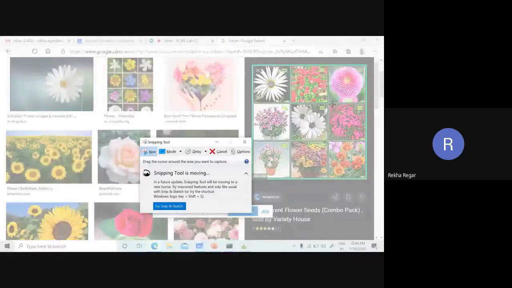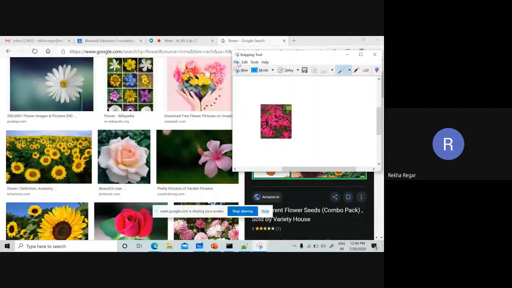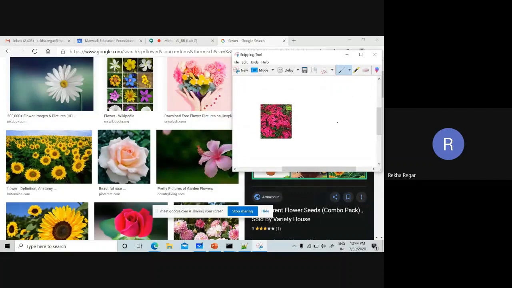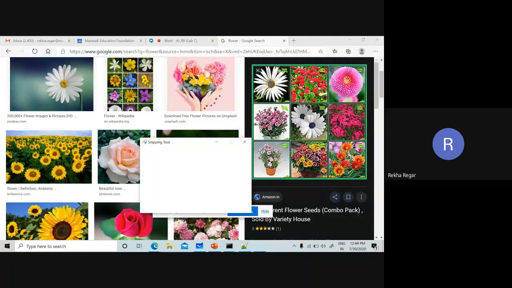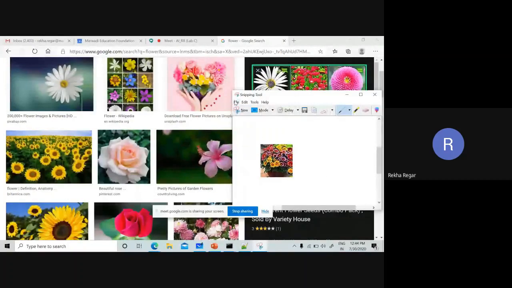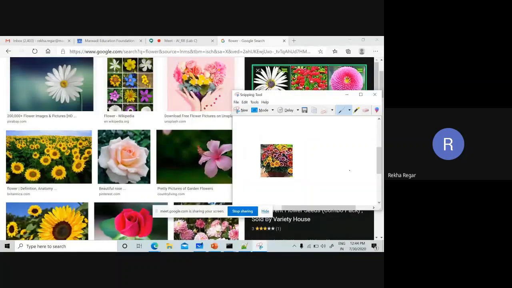You can add images of your choice. So you can see the total images added are 4.